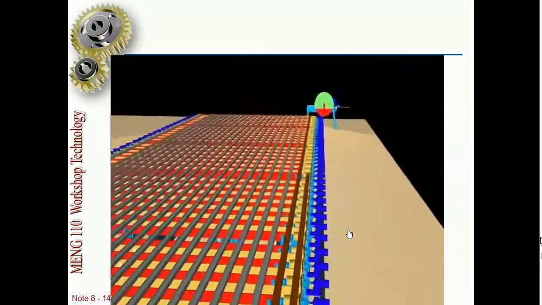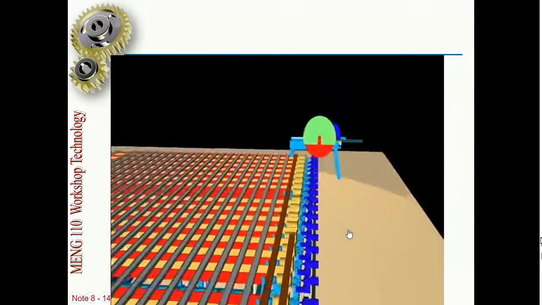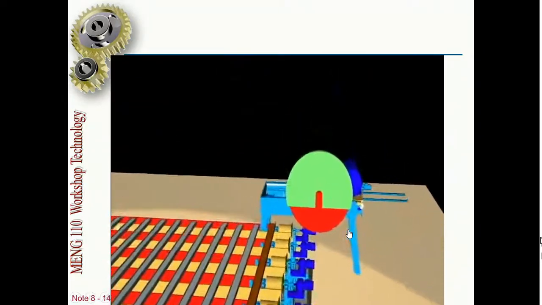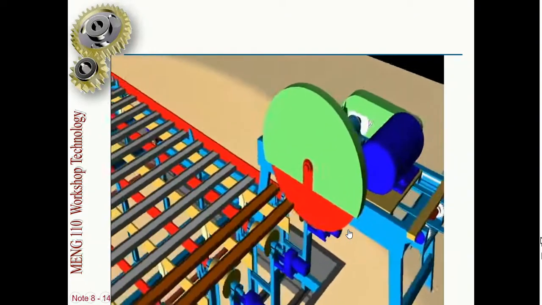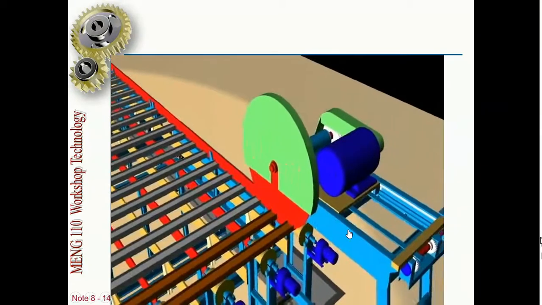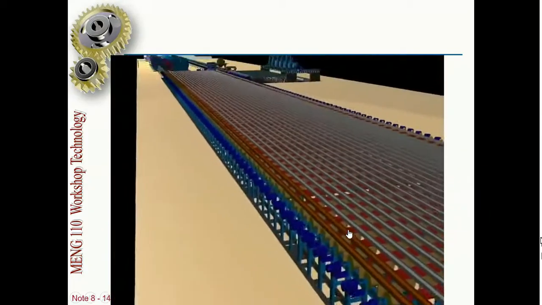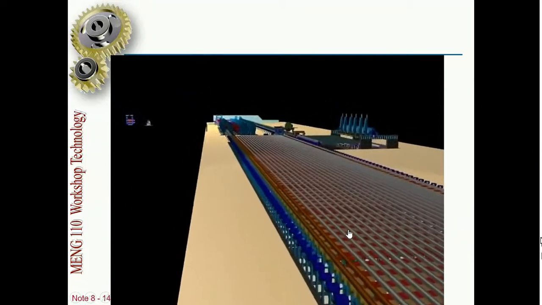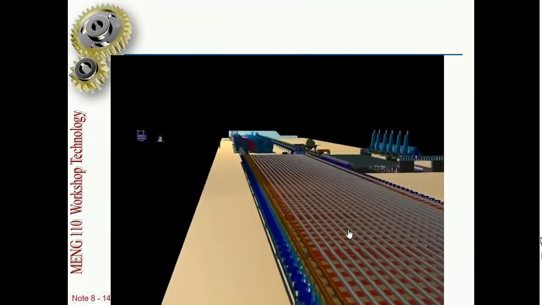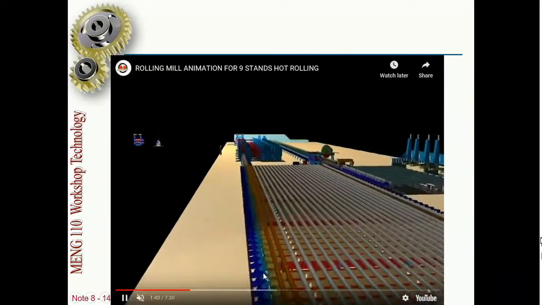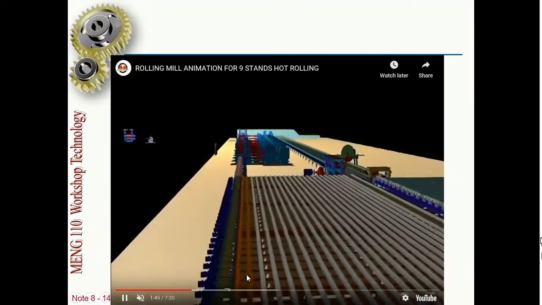Afterward, a shaving process will be done as the edges are not even. There is a little unevenness at the edges. So at the end, using a hacksaw, shaving will be done and the required material will be passed for cooling. So this is how the forming operation takes place.